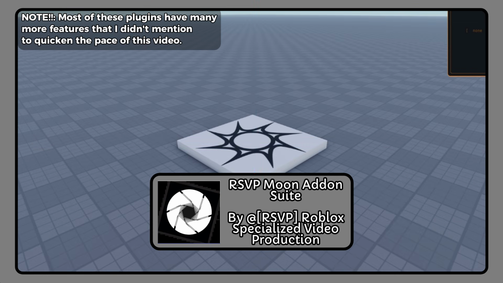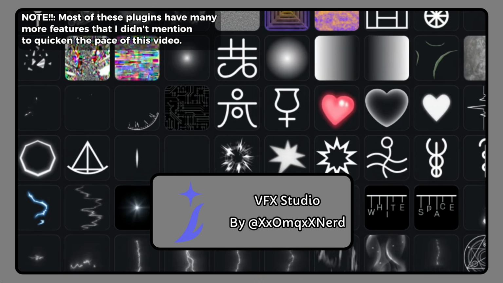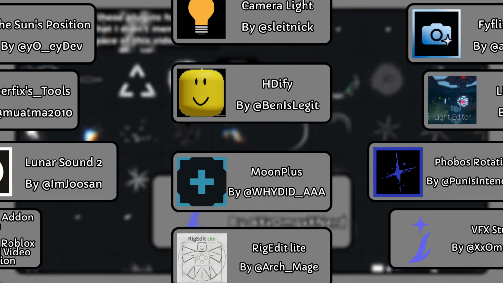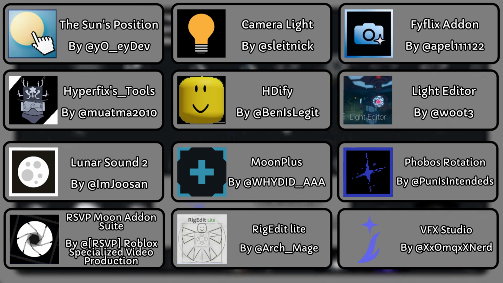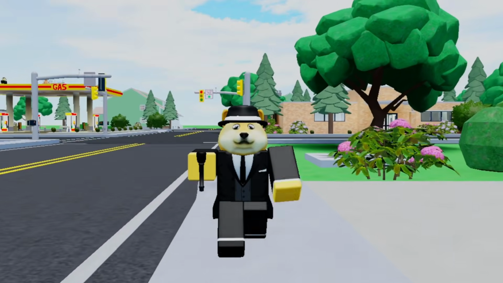RSVP Moon Add-on Suite gives you a central grid. And VFX Studio lets you pick a bajillion effects and meshes for your animations. This is a real lifesaver. All of these plugins will be linked in the description, and I advise you to download all of them. They're all such help in the animation making process. Now that we have all that technical stuff out of the way, now let's talk about